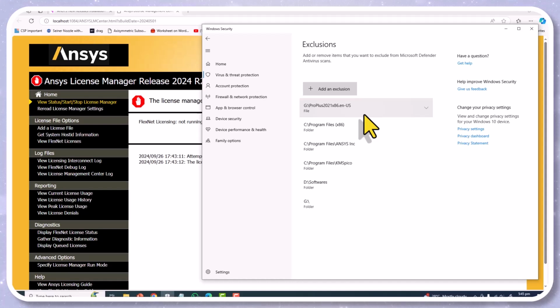Okay, and they will delete them. So if you exclude them, they will not actually approach those files, and those files will not be deleted. So this is a very important step. Okay, after that,